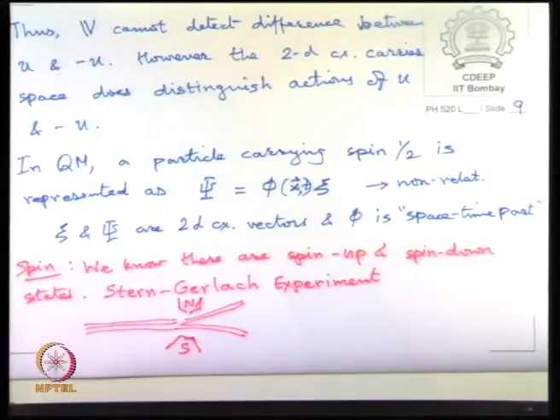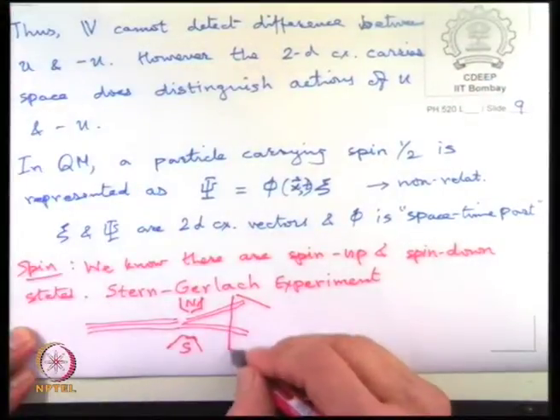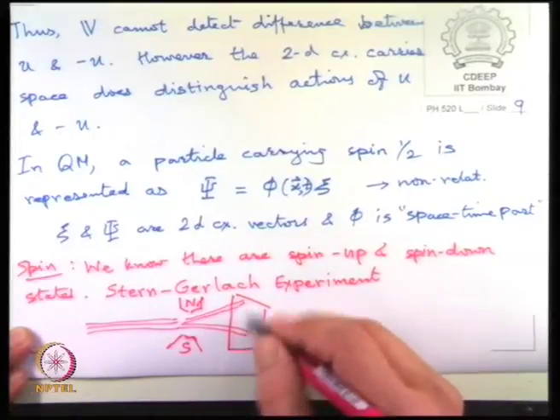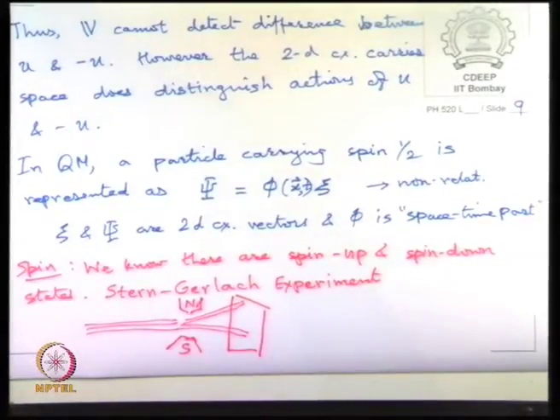You have prepared an arbitrary beam, you are heating some silver or something like that. So you have just some vapor of silver coming out, it's all mixed up. But now if you apply this magnetic field, classically you would have expected that you should see a continuous set of possibilities on the screen. Spin is here, spin is here, spin is here. But quantum mechanics just picks out one and the other.